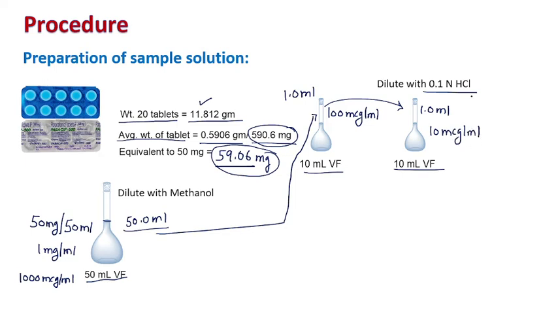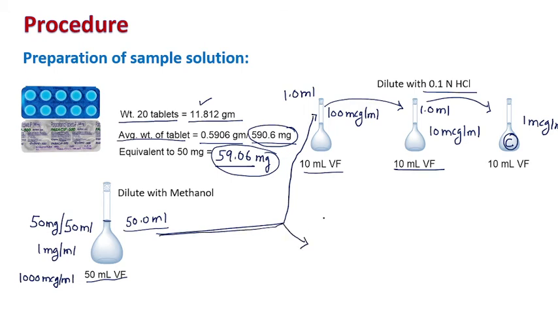Now again you can do the third dilution because you have to take the equimolar concentration, right? So you know in case of standard you have used 1 microgram. So here also we'll use 1 microgram. So here again you can pipette out 1 ml and dilute to 10 ml. So here it will be 1 microgram per ml, that is the final concentration. So you can term this as C.